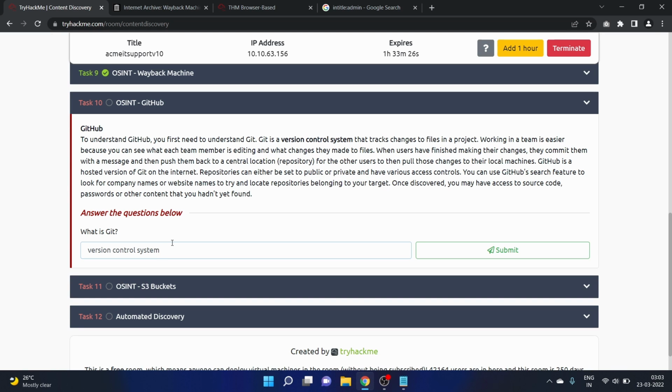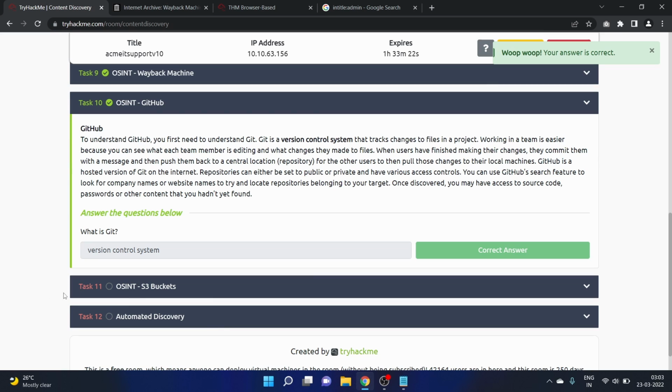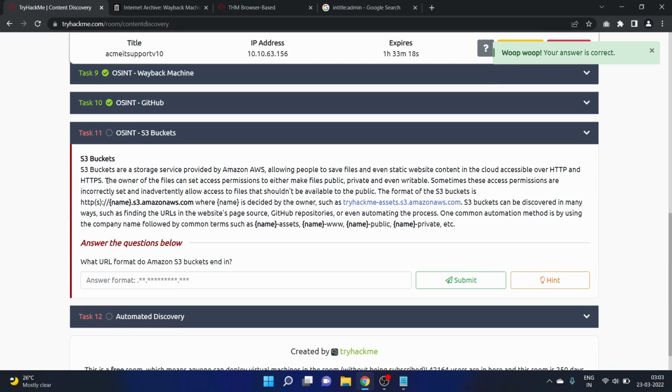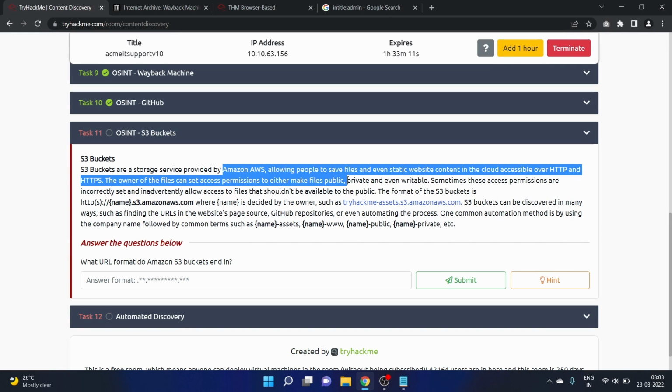So Git is a version control system. Let's submit the answer. Task 11 is OSINT S3 buckets. S3 buckets are a storage service provided by Amazon AWS, allowing people to save files and even static website content